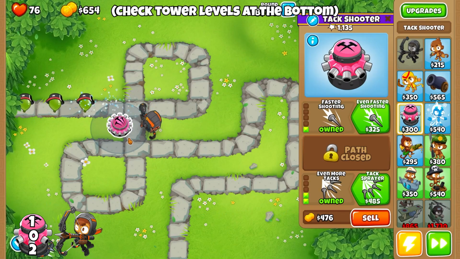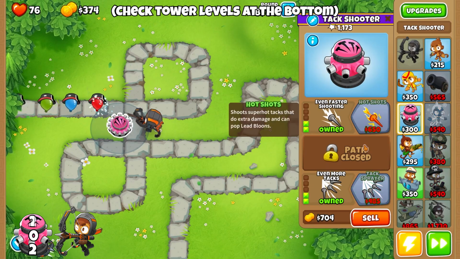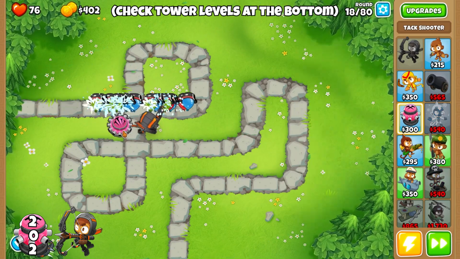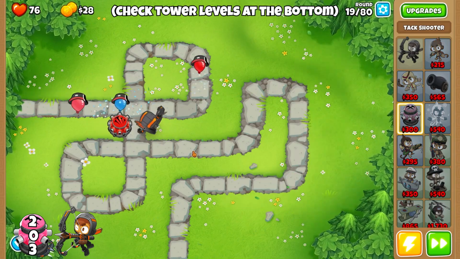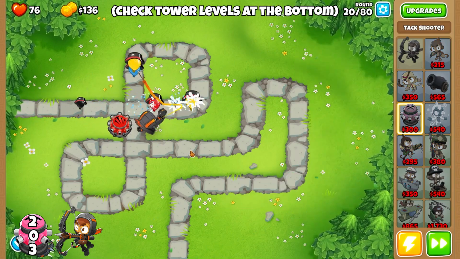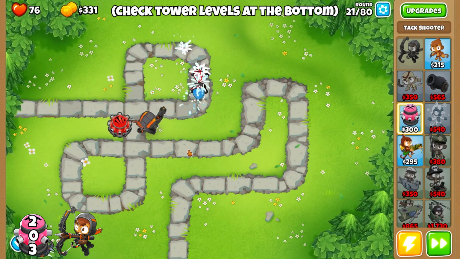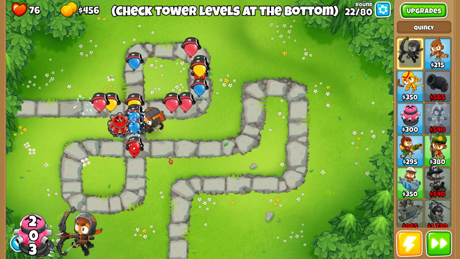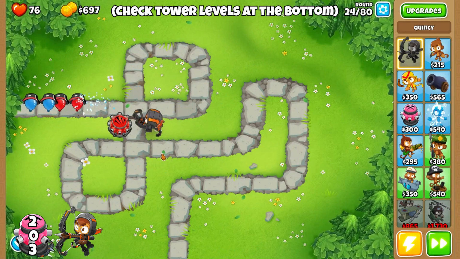So here we get even faster shooting and shortly after tack sprayer, and that should limit at all the amount of balloons we're leaking. Plenty of damage there. So we finally need to work out a way to beat round 28 and 30. So obviously that's the lead rounds, and I think we're just gonna go very basic, and we went for a